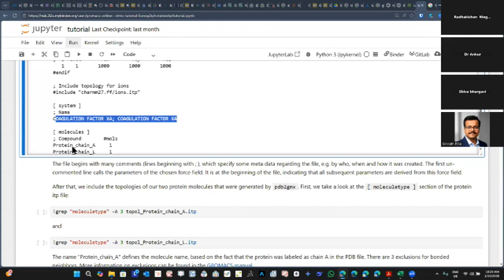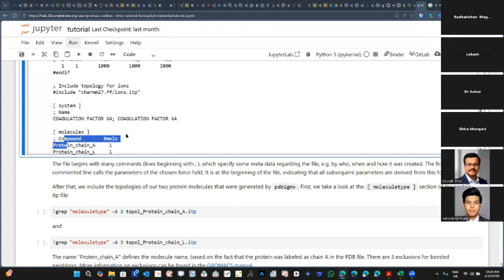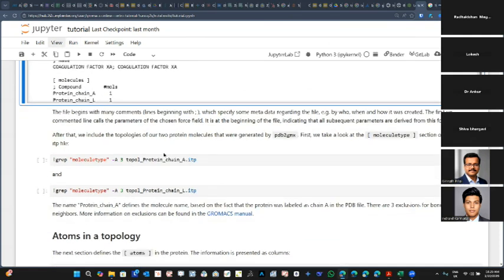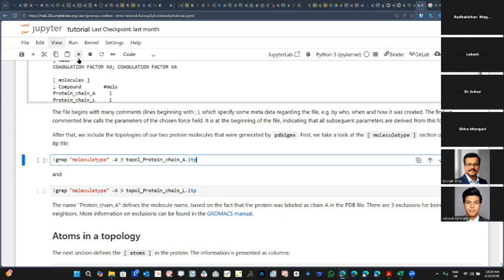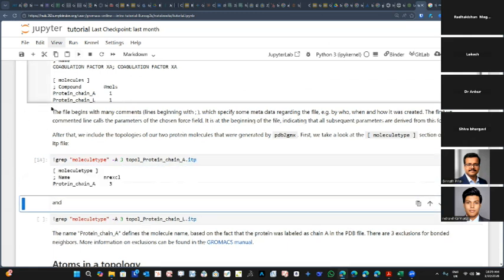And here we are telling there are molecules. One is chain A and chain B, right? When it is a ligand, it will be among the molecules. That ligand name will generally be LIG, and then the molecules will be defined, right? So then we can also see about changing the name. So here you can see, right,